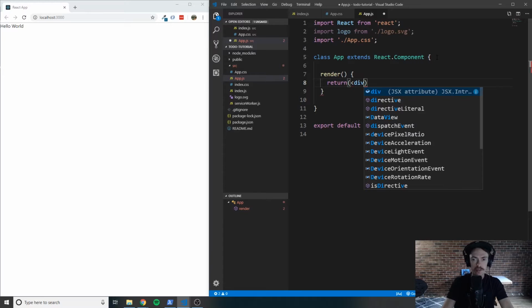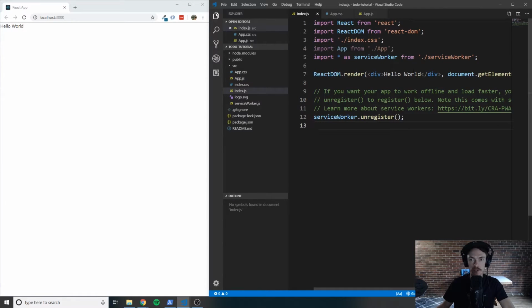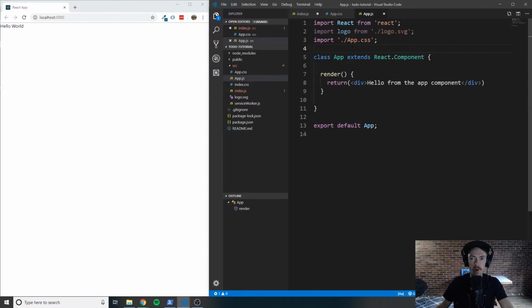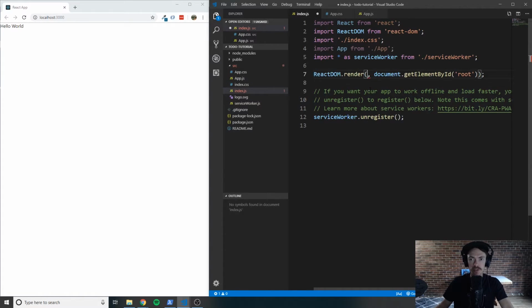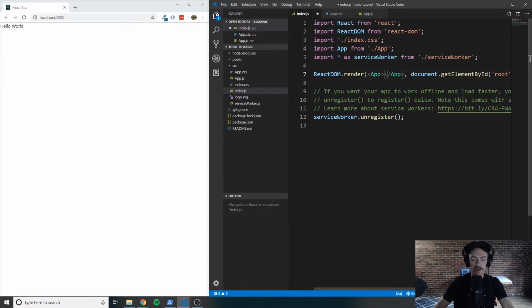So inside of the return, we're going to put a div here, and we're just going to say hello from the app component. And let's see what happens when I save this. Nothing. And the reason why is because we're actually injecting this div instead of the app. So the way this works is when we have a component like this, we can actually take that component and use it like it's an HTML element. So let's go ahead and put the app in there, save it,